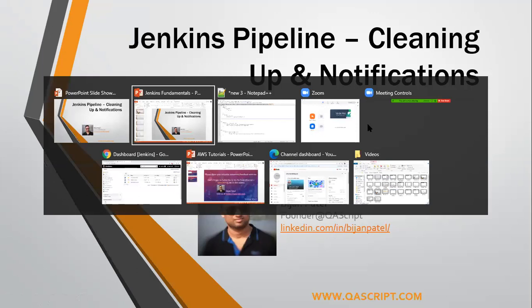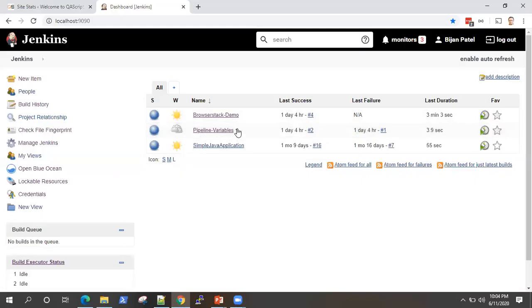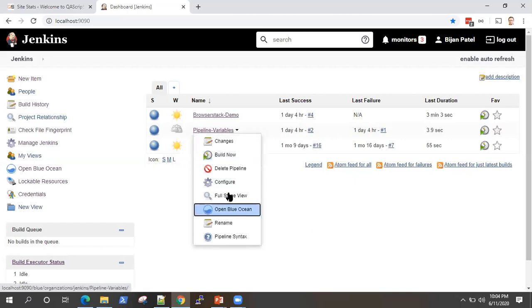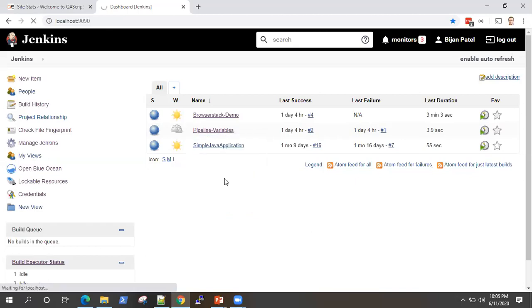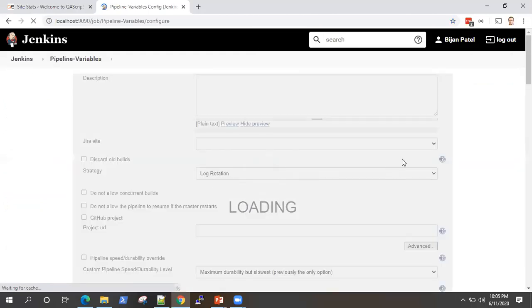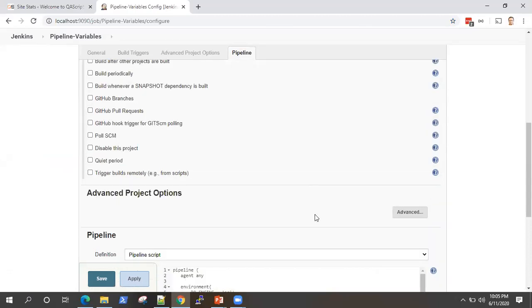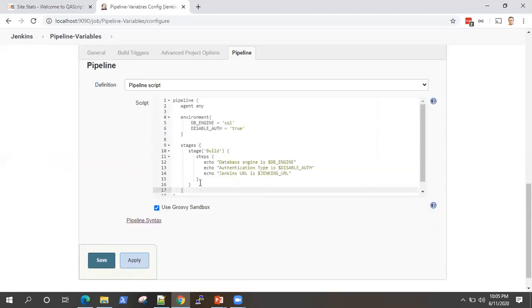So quickly going back to our Jenkins dashboard, I'm going to reuse a previous pipeline which I created. So I'll just configure the same one. Now I'll directly go to pipeline and here, we are going to use something else, right?